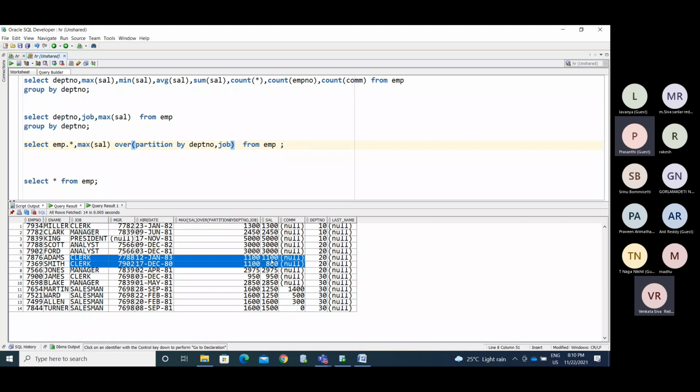Okay. Other than the aggregate functions, we have other functions here. Now, lag and lead. The lag function will help you.